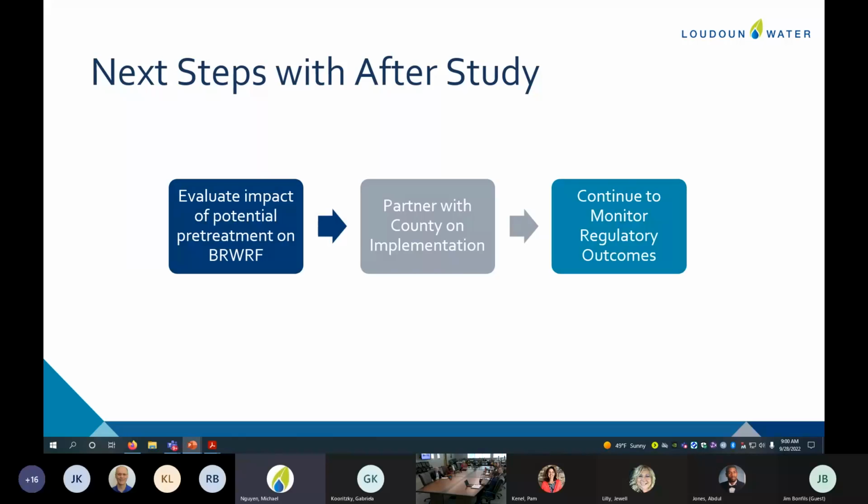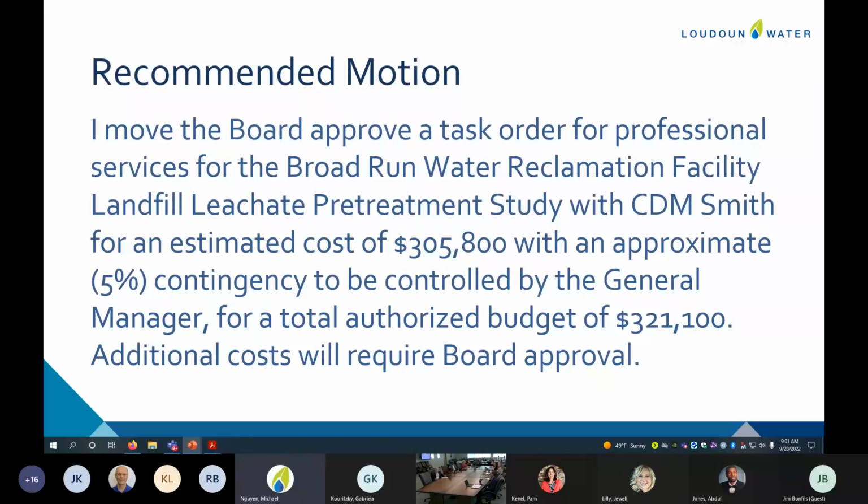All right. We just wanted to be clear on next steps after this. So this study is narrowly focused on the landfill leachate. We will take that information and, as part of phase 3, apply it to Broad Run. There will be conversations with the county, right, in partnering on implementation, and we'll continue to monitor the regulations. So that presentation went really long, but I have a recommended motion here for the board's consideration on awarding this